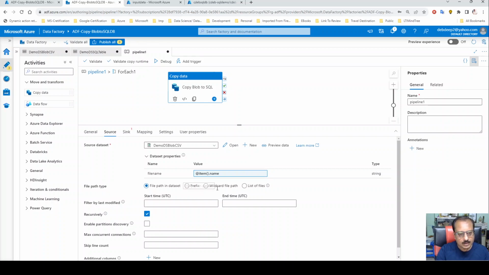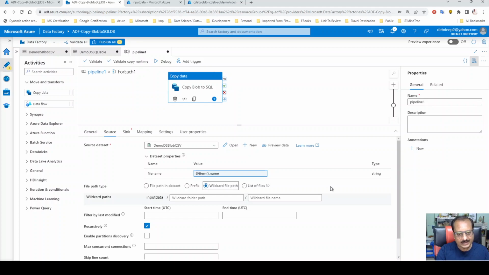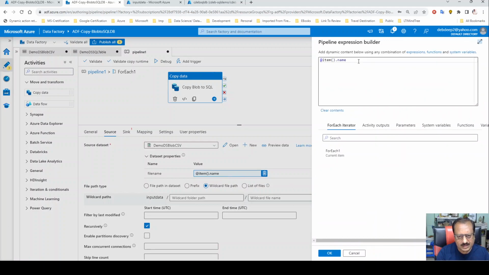File path type. Of course, this should be a wildcard. Why is it a wildcard? Because this file is not actually static in nature. You remember that, right? So of course the file path cannot be file path in dataset. No, that's not true for us. Prefix, not true. List of files, no. It's a wildcard file path, so it will be evaluated at runtime. So you can use the same expression from here